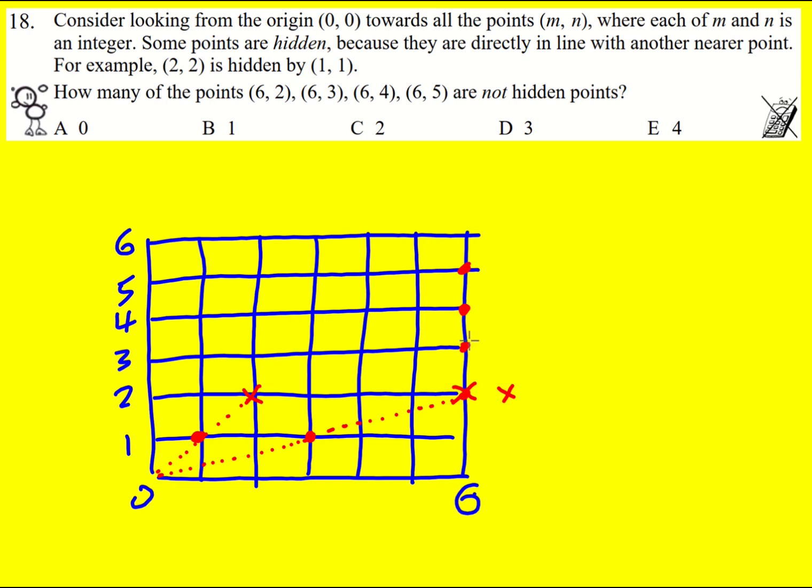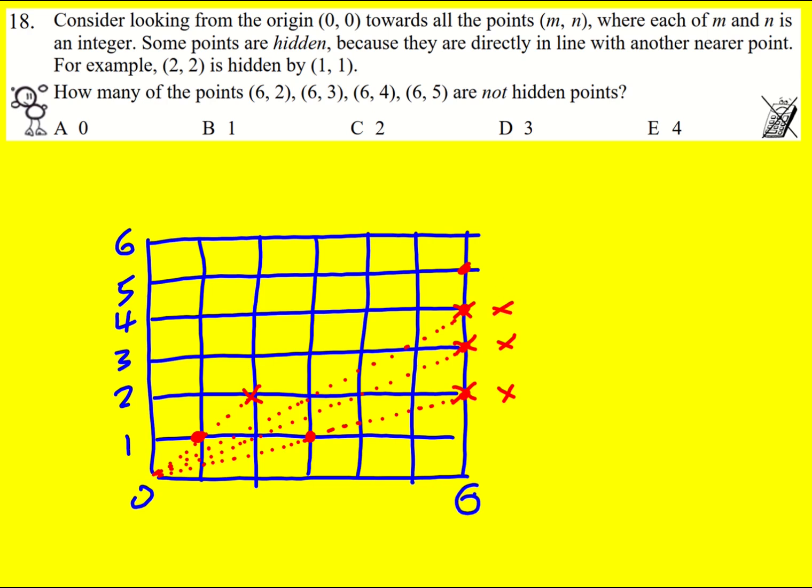Let's look at the next one, 6, 3. So for that one, I'm going along 6 and up 3. Actually, that is the same as going along 2 and up 1. Along 2 and up 1, along 2 and up 1. This one is also hidden. Six, 4. Actually, I'm going along 3 and up 2 now. Along 3 and up 2, along 3 and up 2. So this one is hidden as well,